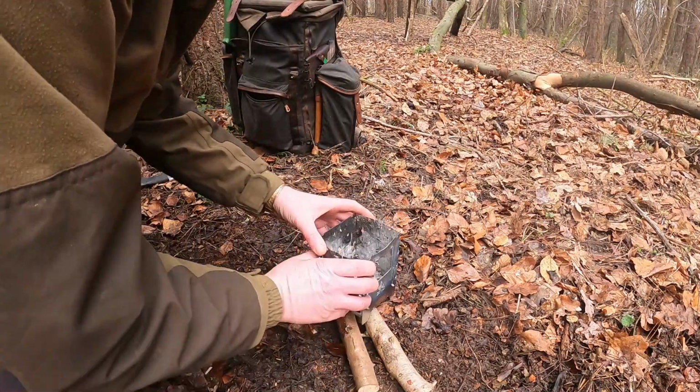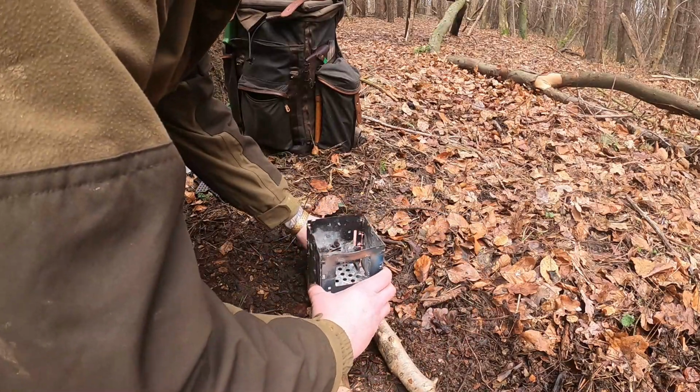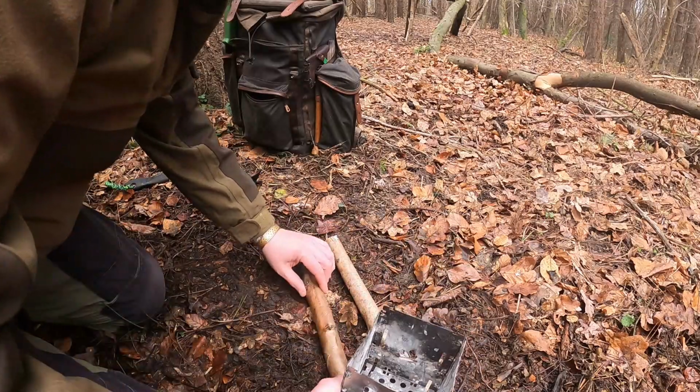So the top there. Now the only thing with that is it's balancing on a couple of sticks now, so